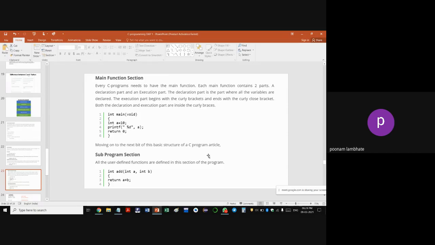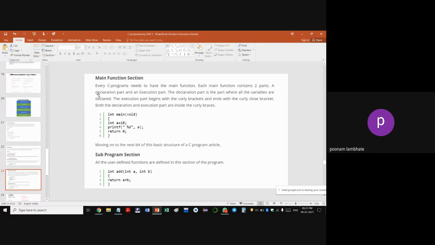Now, if you are not using functions, all the code that you write in your function, that you will have to write in your main function. So as per the standards, it is always better to call your function. There is another advantage that once you write your function, you can call it again and again, how many ever number of times you want. So if you don't use a function, you'll have to write those lines of code again and again. So if you use a function, your code is reusable. That is another major advantage.